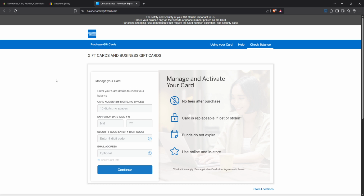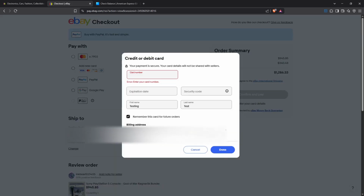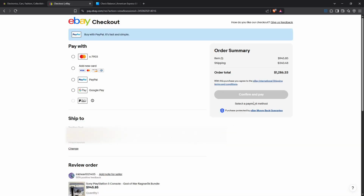With all your card details in place and matched appropriately, click on Confirm and Pay to complete your purchase. If everything has been entered correctly, your payment should go through, and that's it, you've just used your American Express